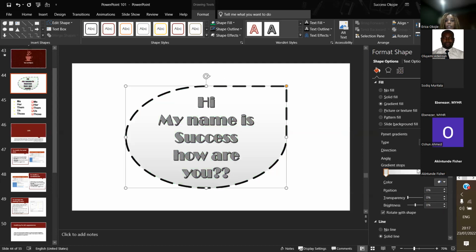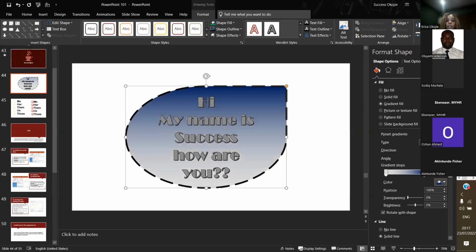I can change it here. I want it to have two colors. So instead of one color, I can click on this and click here and change. So if I want to change the type,